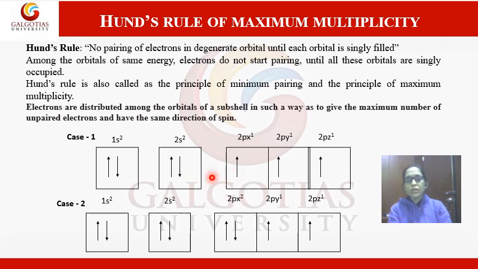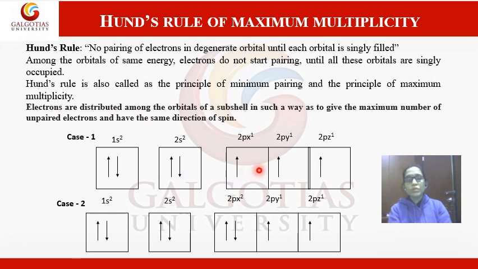The electronic configuration of the nitrogen atom is 1s2, 2s2 and 2p3. The 1s has a different energy from 2s. So 2 electrons first go to the 1s orbital, one spin up and another spin down according to Pauli's exclusion principle. Similarly, the 2s orbital can accommodate 2 electrons, one spin up and another spin down, also as per Pauli's exclusion principle.